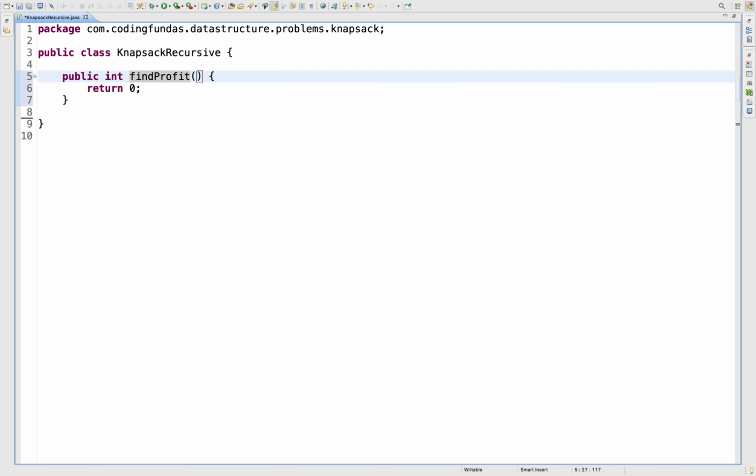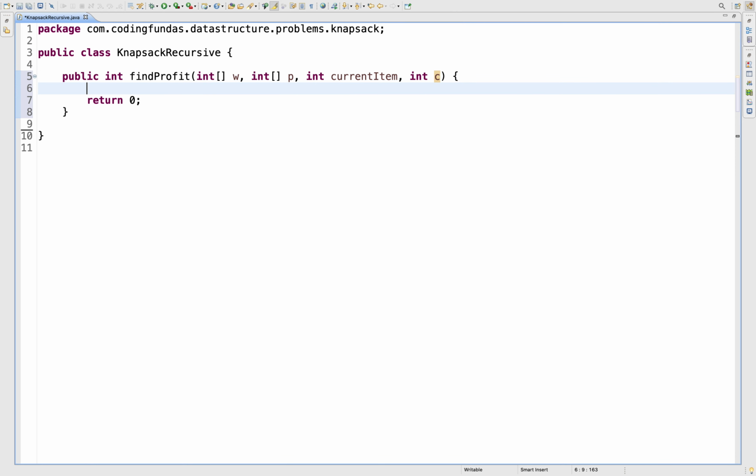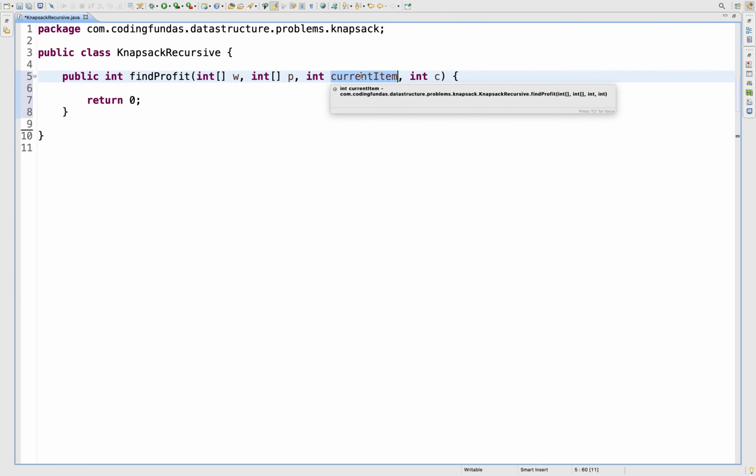It will take an integer array of weight and an integer array of profit, and it is taking the current item that we are considering, and also it is taking the capacity. I'll say C for capacity. Now there are two options. Whatever current item we have, either we can choose that item or we can reject that item.